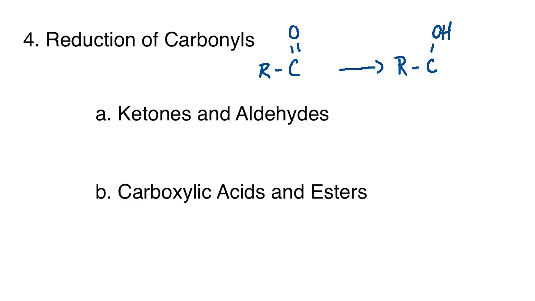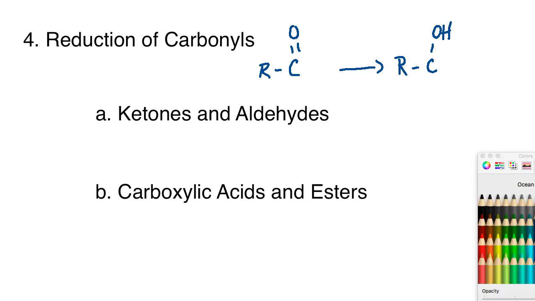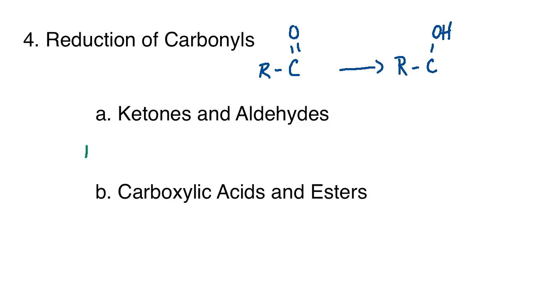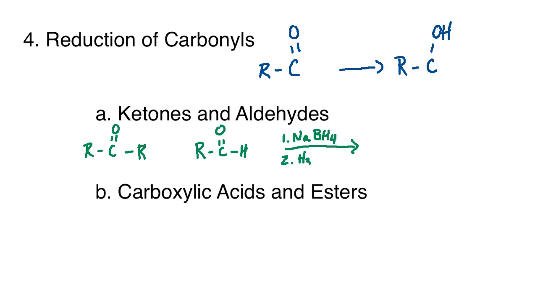So when you have a ketone or an aldehyde, let's just give ourselves a brief refresher as to what those look like. A ketone has R, C double bond O, R, and an aldehyde would be R, C double bond O, H. Those are two different types of carbonyls. Both of these carbonyls can be reduced using sodium borohydride, NaBH4, which we saw in one of the previous examples,